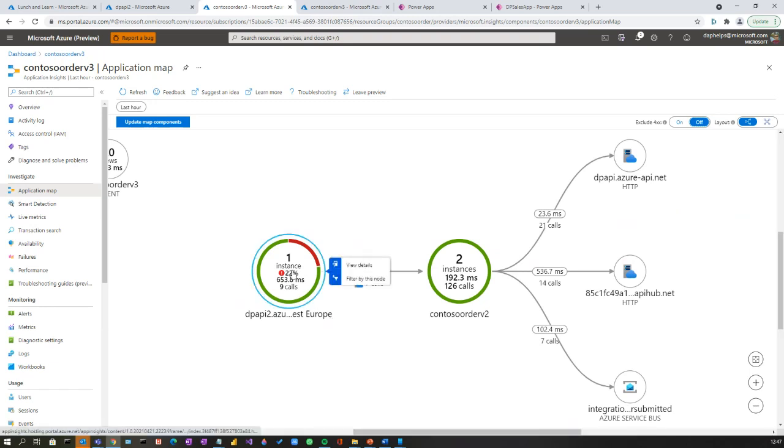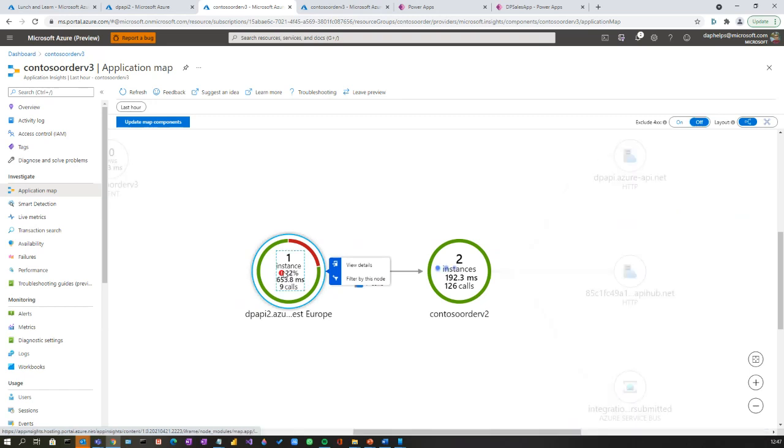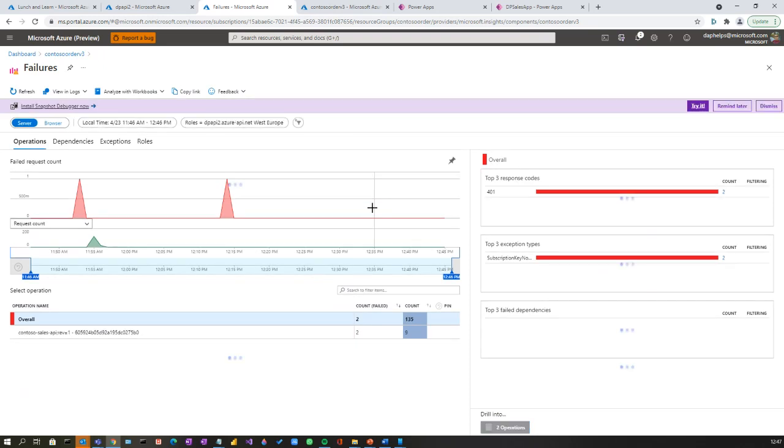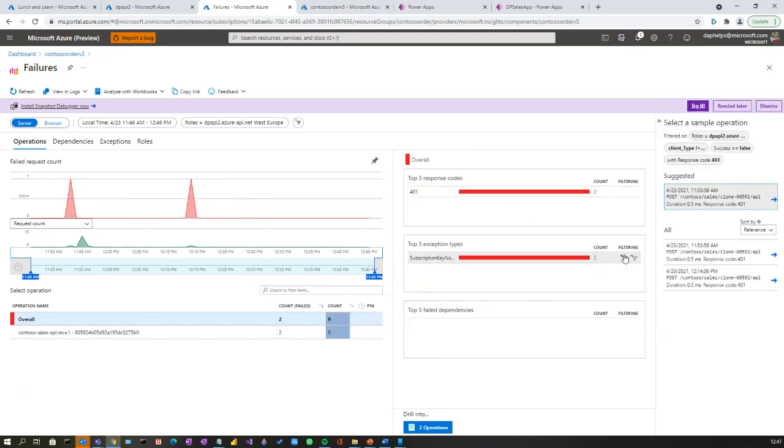If we take a look at this one, you can see that I've got a few failures in there. If I click on this, I can do a whole bunch of things here, but I'm just going to click on Investigate Failures. And in a second, you can see the failures that are occurring here across a timeline. If I had other failures here, they would show up. If I go and click on this 401 response, it's then showing the requests that took place that caused the failure. If I go and click on one of these,